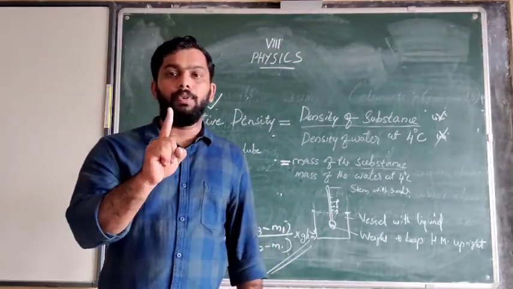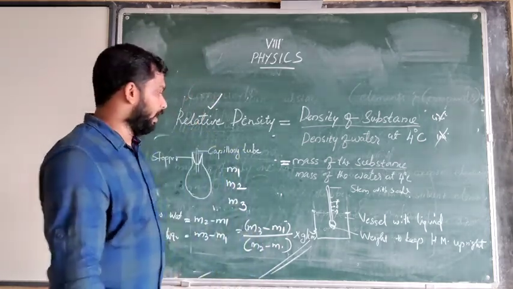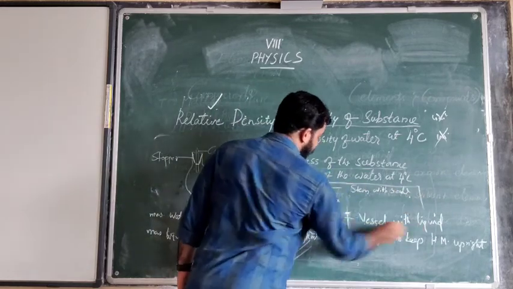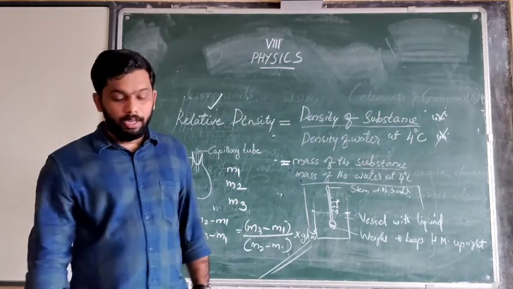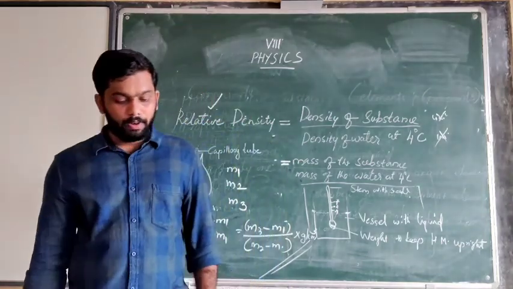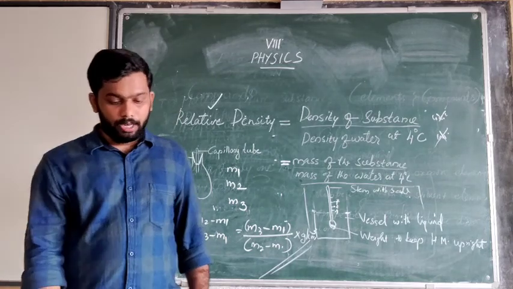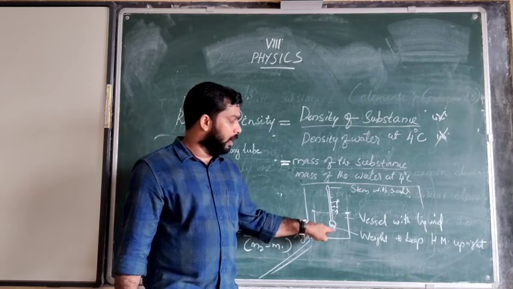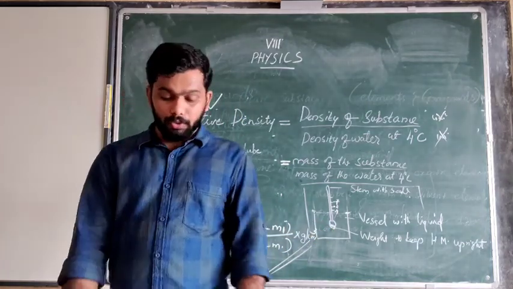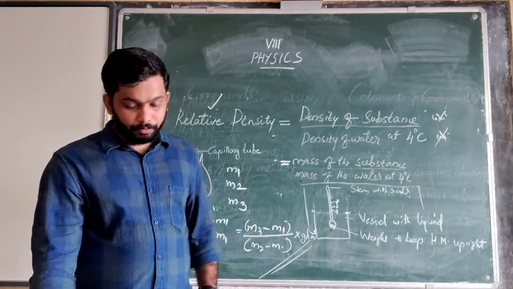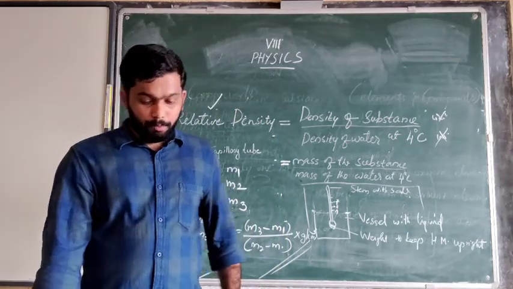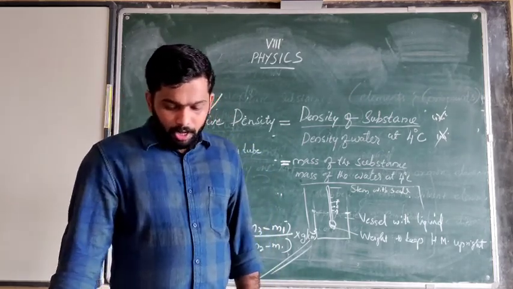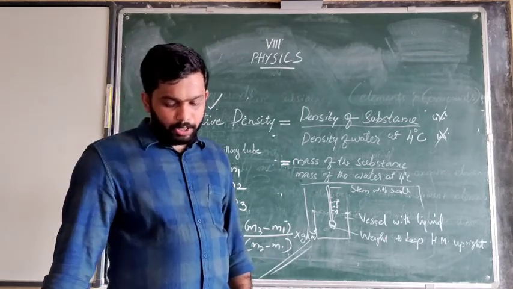One more element we will use for finding out the relative density is the hydrometer, which the speaker calls the barometer. A barometer is an instrument used to measure relative density. It is usually made of glass and consists of a glass tube with a cylindrical stem. Inside the stem, some weight is needed so that it stands upright, so we put some mercury or lead. Then the liquid to be tested is poured into a tall jar.